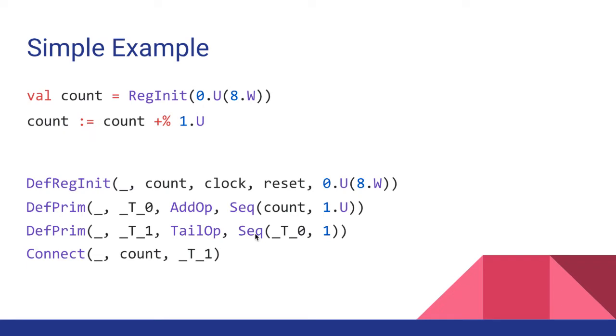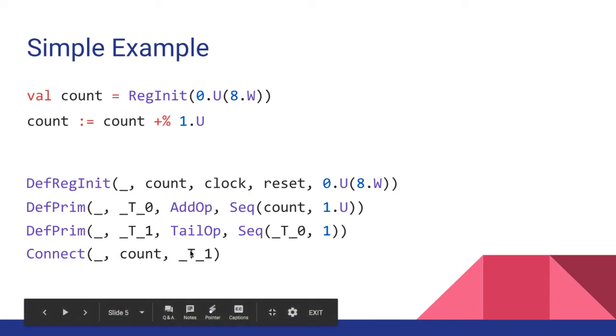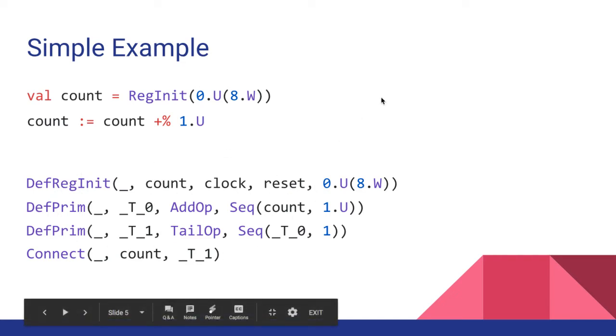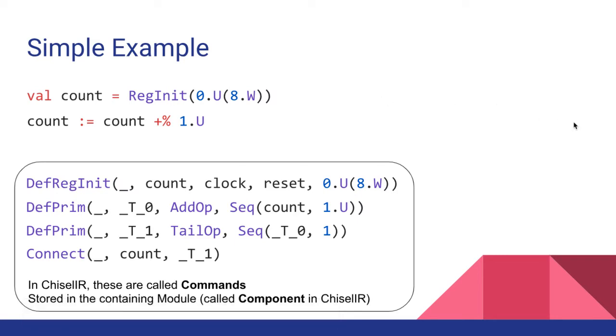And so what have we done here? What really is happening when you see this code execute is these objects are getting pushed to this kind of global mutable data structure that is keeping track of what the Chisel is doing. This code looks like it doesn't have side effects, and as far as when you're writing your Chisel, you should not be thinking about them too much, but the reality is under the hood, it's trying to construct a hardware IR, and this is what that hardware IR looks like. In Chisel IR, these are called commands, and they're stored inside the containing module, which is called a component in the Chisel IR. You can go see this in the Chisel 3 repo.